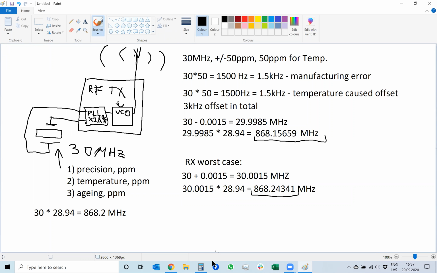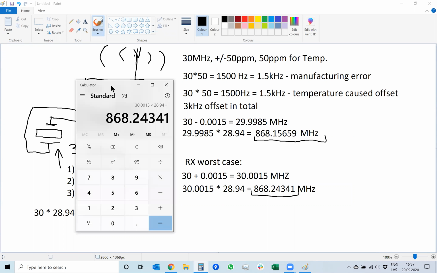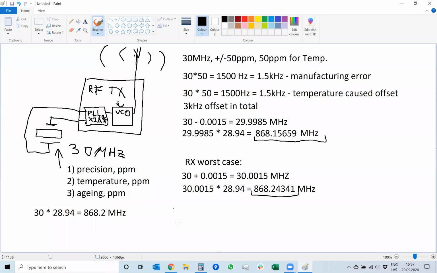So the difference is this minus 868.15659, and we multiply it by 1000 to get kilohertz. 86.82 kilohertz is the difference in worst case scenario between sender and receiver. And as a result, if, for example, your signal's bandwidth was only 25 kilohertz, the receiver will not hear the transmitter because in frequency domain,